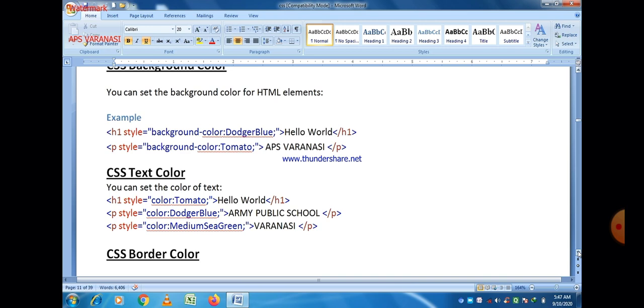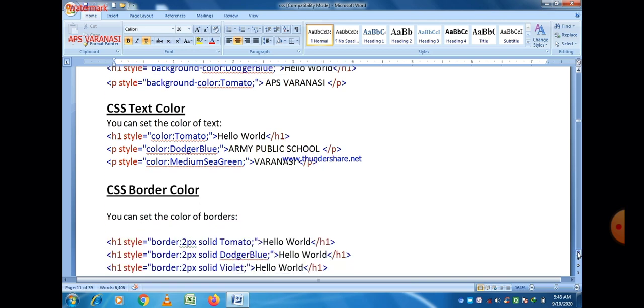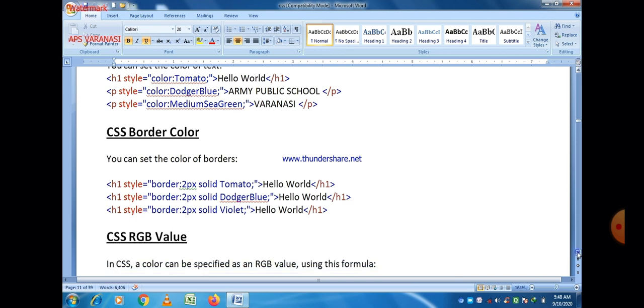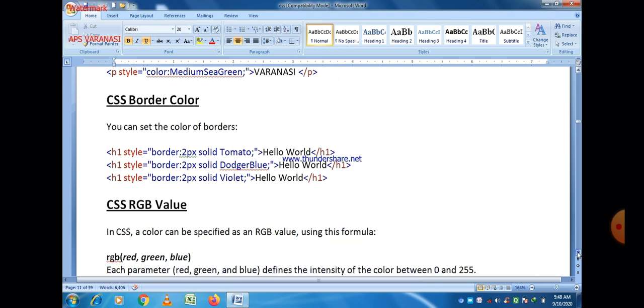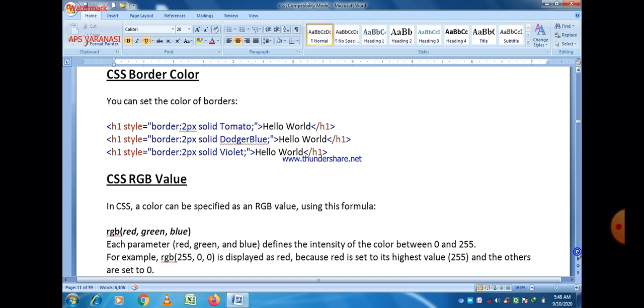And if you want to give the color of a text, then for that purpose there is a property named color. After color, put a colon sign, and after that the value is the name of the color. So you can give any name of the color. That color is the color of your text. In this you can easily see that h1 and p are the text used here, and here we use style as an attribute. It means here we talk about inline CSS, the inline style of CSS.